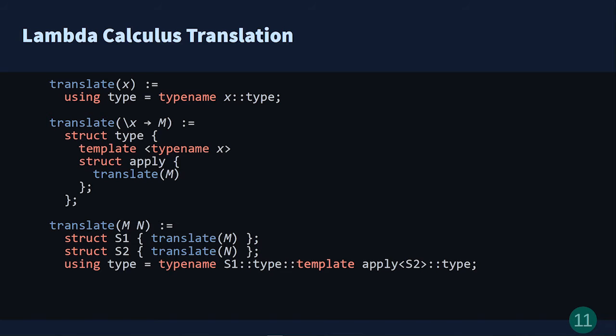So, here you can see a part of the translation, in particular the translation of lambda calculus. We have three different cases, one for variables, one for abstraction, and one for application. I don't want to go into too much detail here, so I'll just point out that the translation is simply a traversal of the abstract syntax tree, and the generated code resembles the metaprogramming examples given before, though there are some minor differences to accommodate higher-order functions. If you're interested in the details of the translation or the translation of the other features, I encourage you to check the paper.